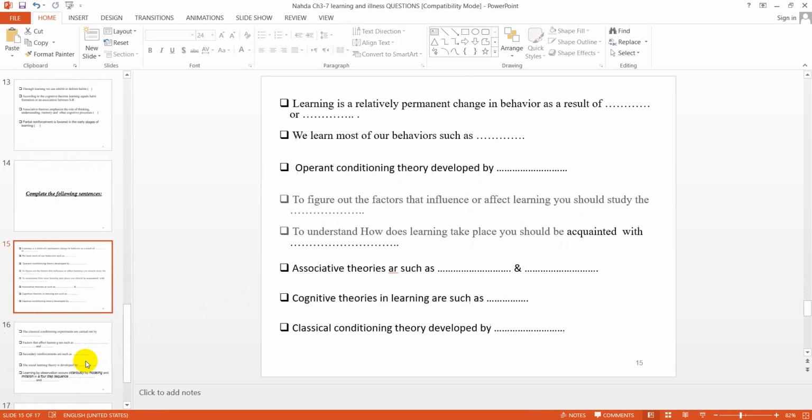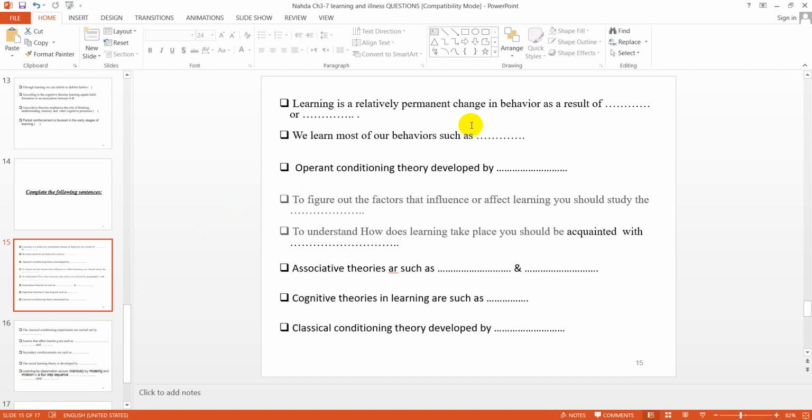Now complete the following sentences. Learning is a relatively permanent change in behavior as a result of or we learn most of our behavior such as operant conditioning theory developed by to figure out the factors that influence or affect learning you should study the to understand how does learning take place you should be acquainted with associative theories are such as